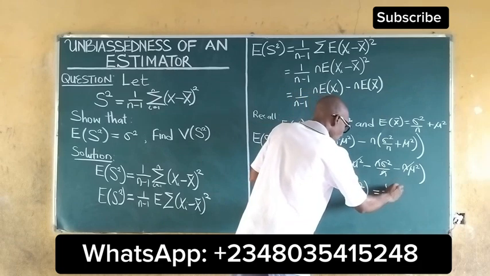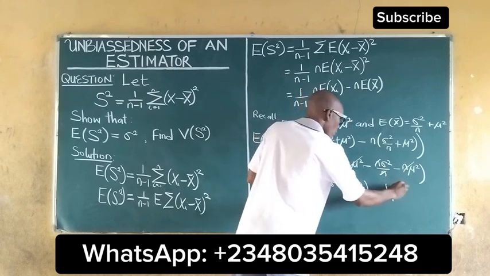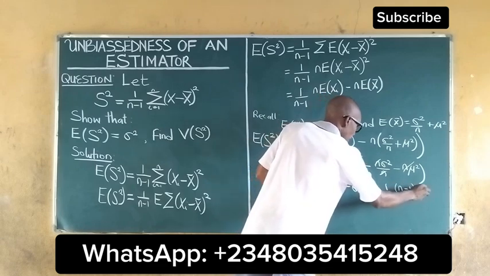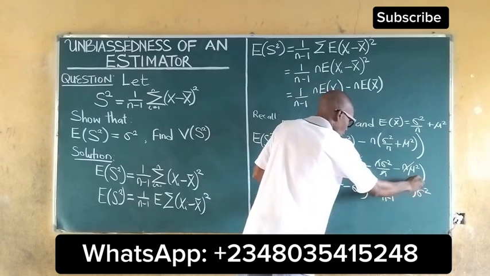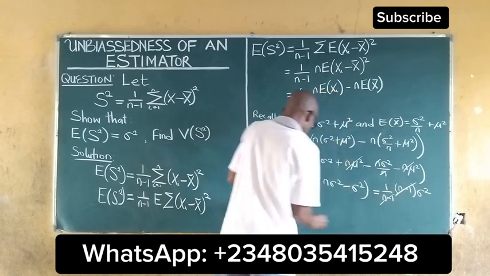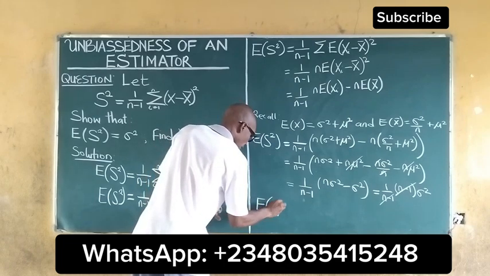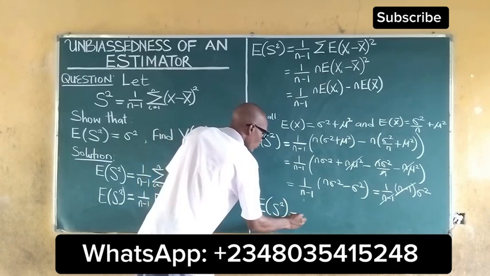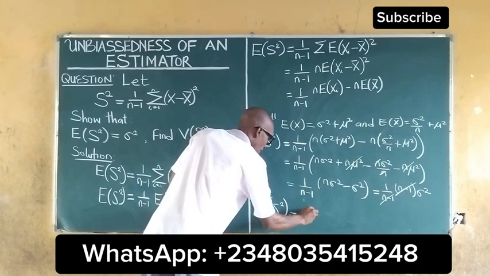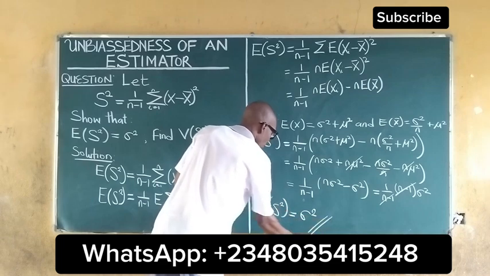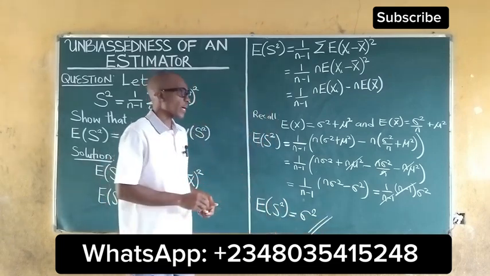We can open the bracket to give us this, and this is common. So we have n minus 1 times sigma squared, so this can cancel this. It then means that the expected value of S squared is equal to sigma squared. So this is how we can obtain